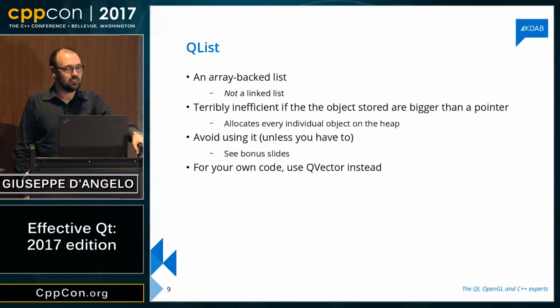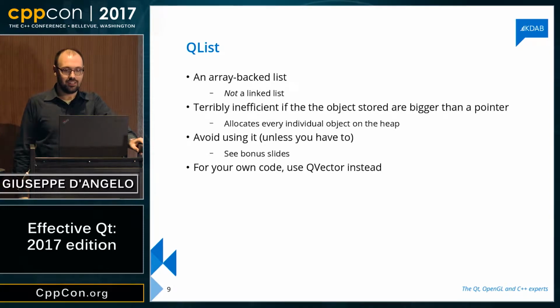The other guy that Qt has and the standard library does not have is QList. So first and foremost, what is QList? It's not a linked list. There's nothing to do with a linked list. It's like a vector. It's an array-backed list. But its behavior is very surprising. Depending on the type you put inside QList, this can either be just a plain vector, so elements are located contiguously in memory, or can become an array of pointers to the elements. So each and every element gets allocated individually on the heap using operator new, and then the vector stores pointers